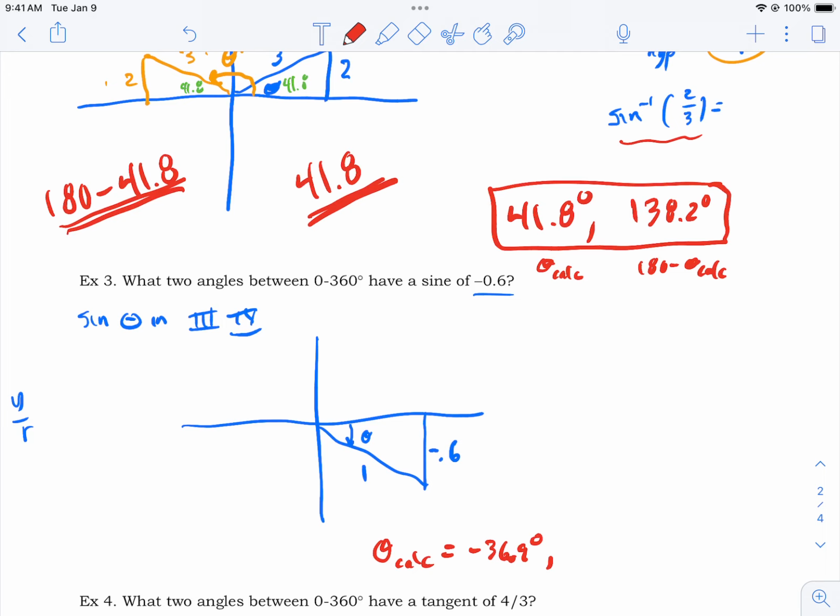And then the other answer is going to be the same, 180 minus theta calc. Should I do it that way? Yeah, I guess I should. 180 minus the answer, and notice that it's actually giving us 216.9 degrees,